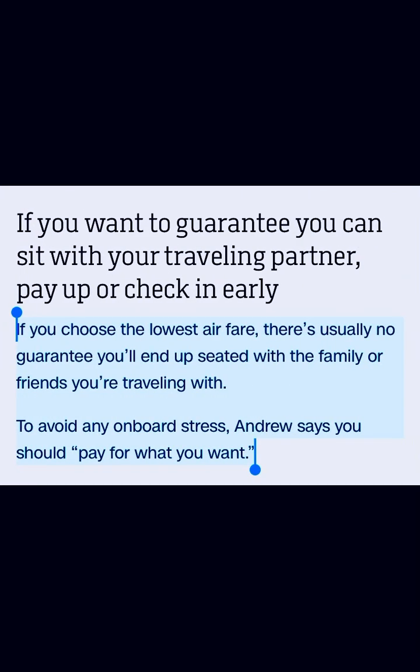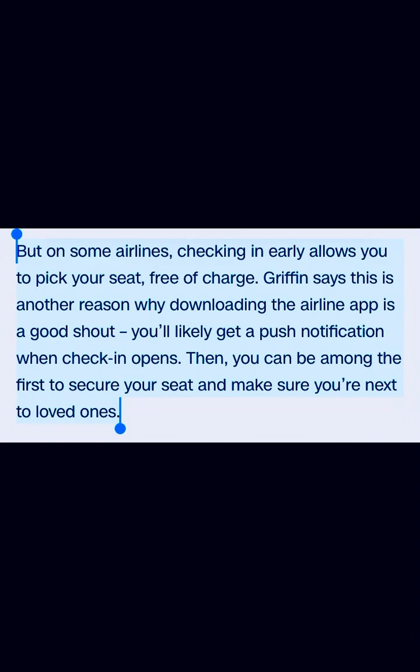Also, if you choose the lowest airfare, there's always no guarantee that you will end up seated with the family or friends you are traveling with. So they are suggesting that you pay for this ahead of time to avoid any onboard stress. You want to pay for exactly what you want. So if you want to sit in a particular seat with different family members and friends, make sure to pay